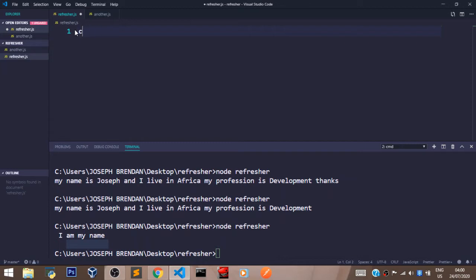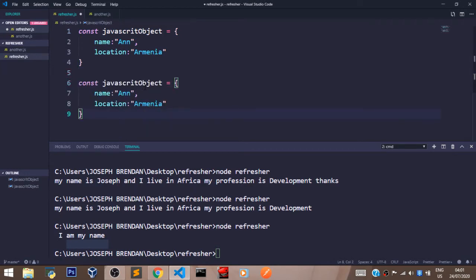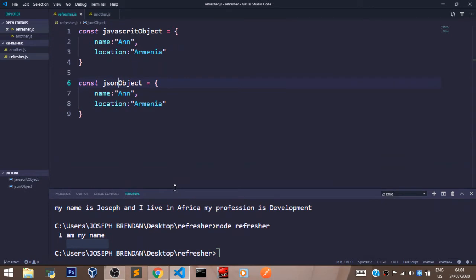So let's create a JavaScript object and let's say name right there, and let's pass in location and let's say Armenia. Let's save that. Now let's copy this, let's paste that, let's change this to JSON objects. Now, like I said, I'm going to point out just one difference between JSON object and JavaScript object, and that's